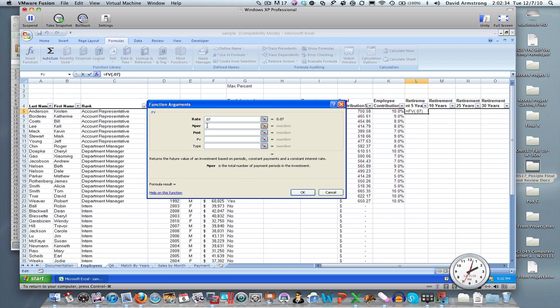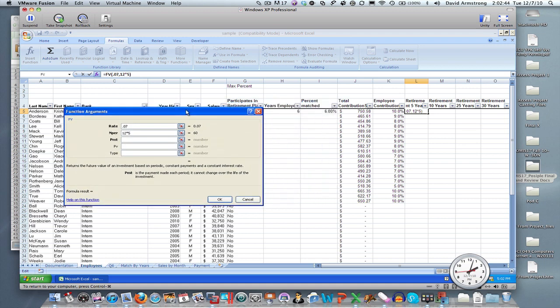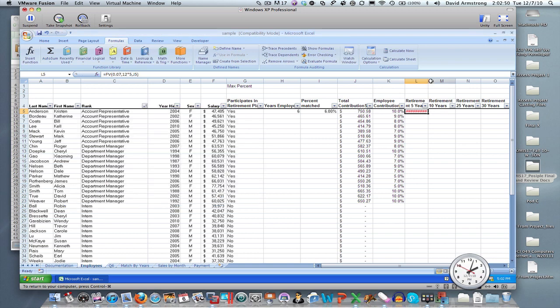If we wanted to, the number of payments is going to be 12 times 5, because it's monthly for the years, and then the payment amount here is what's being contributed. Drop that in here, J5, and we drop that in, and we have a sum of this value